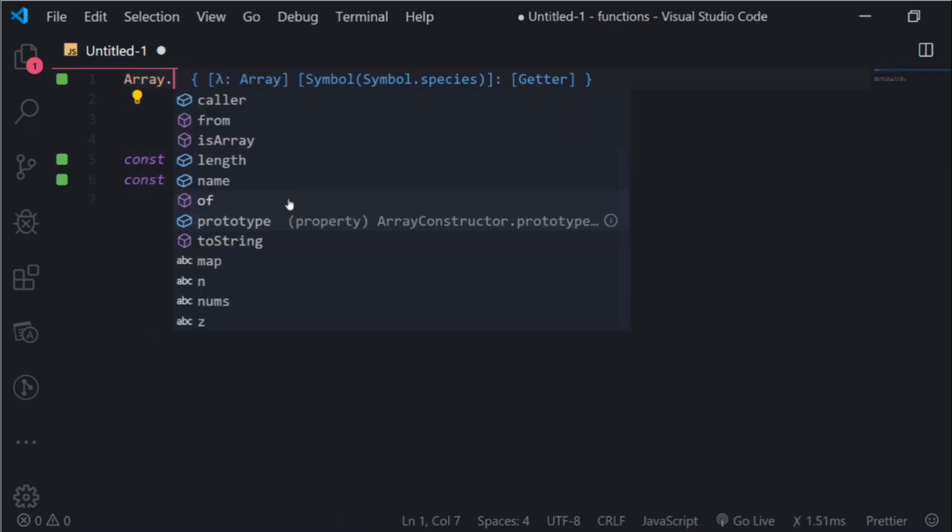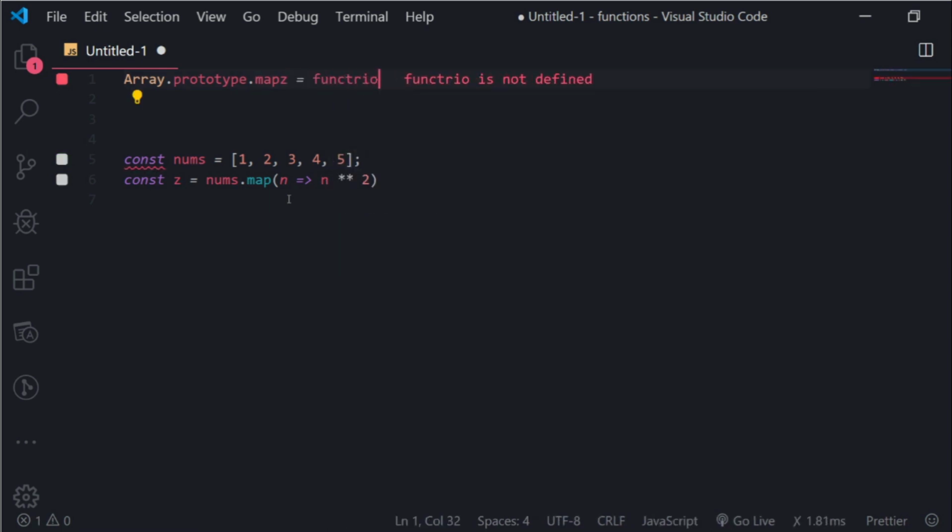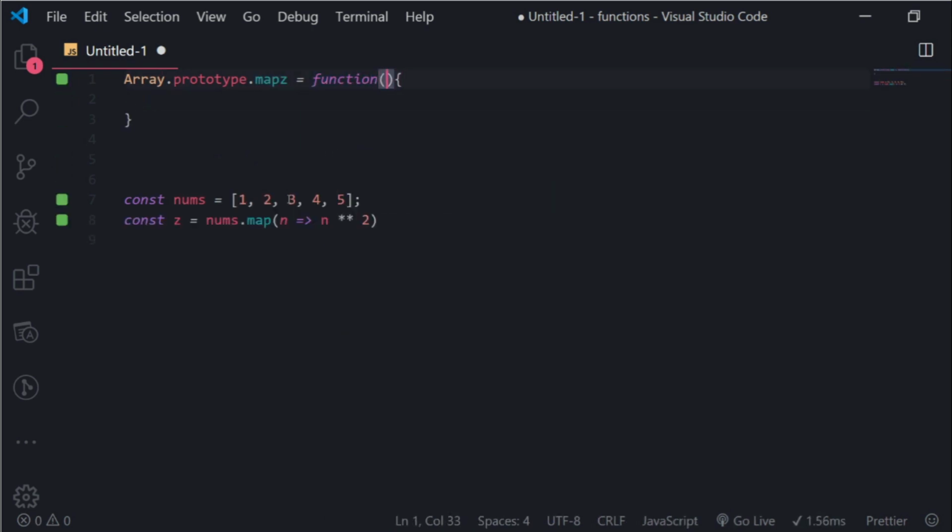So I will add a new function inside the array prototype. We have the map. Let's just name it a unique name, map followed by z. So this will be equal to a function. It will accept a callback function, which should return the new mapped value for each element. The first way we will do it is a map function that treats the array as an immutable data structure. So we will define a new array,